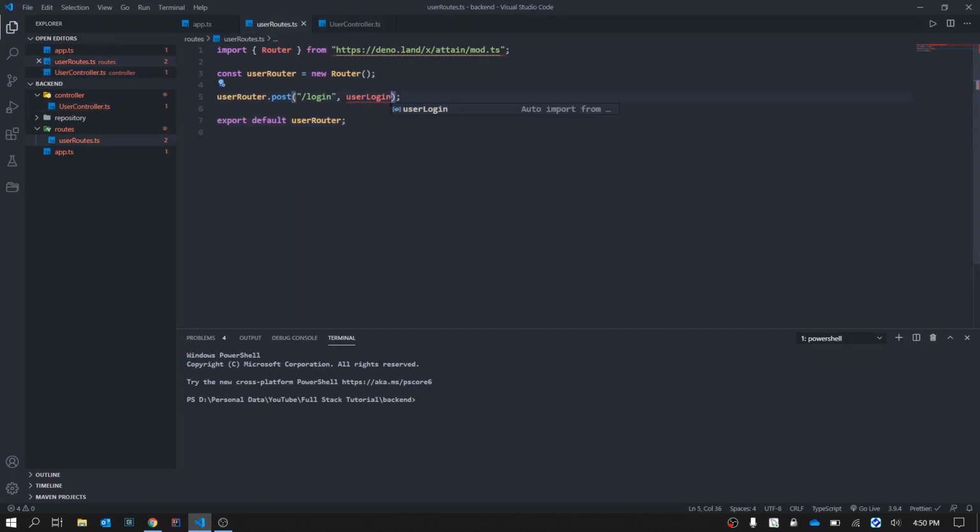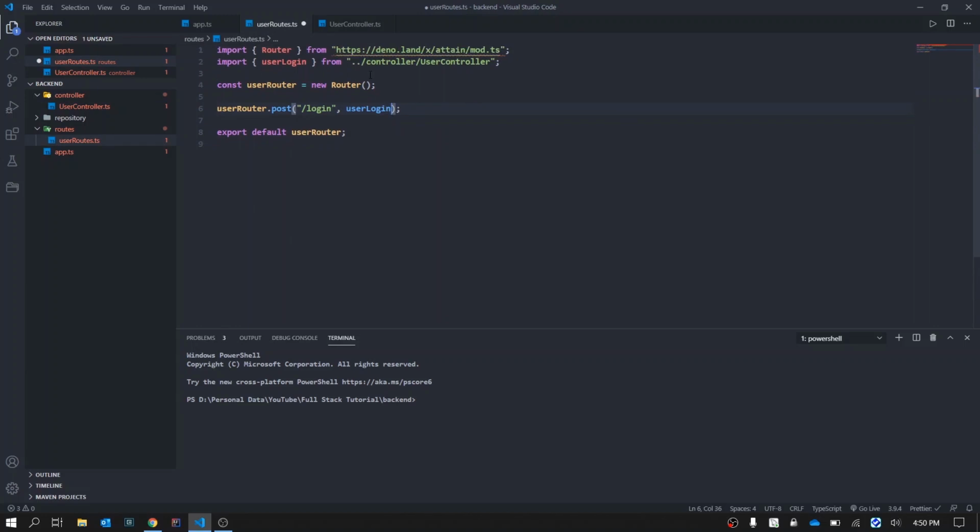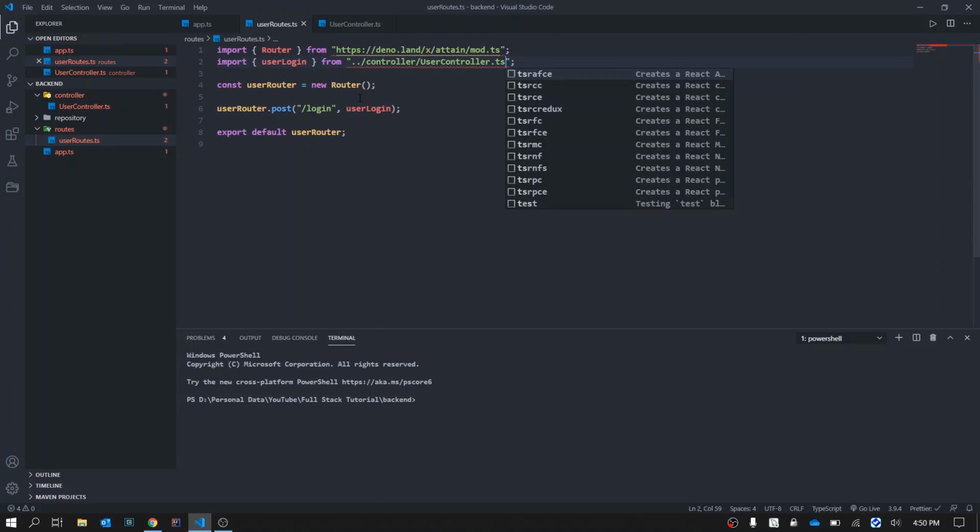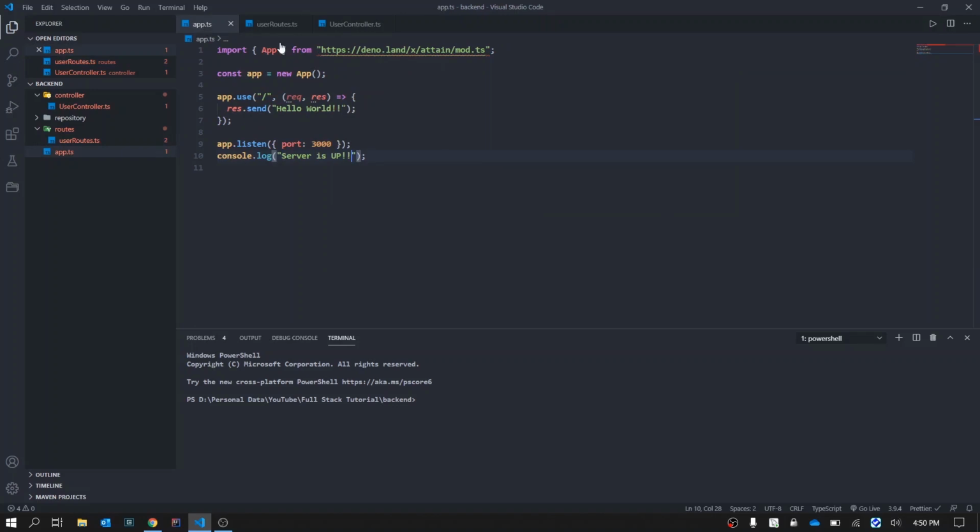All we need to do is import it here. So it will import the file and we make sure it is .ts. If you don't write .ts, it won't work, as that is a JavaScript notation. For TypeScript, you need to write .ts. So here it's fine. Now all we need to do is create a new app.use.